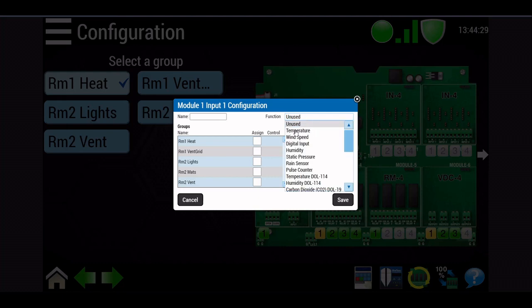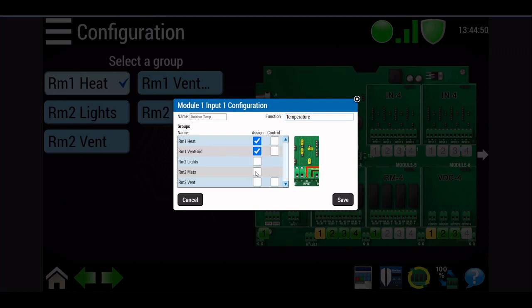So for now, let's say that it is a temperature probe. Let's call it outdoor temp, as we have a temperature probe that is outside of the building. And then we are going to assign it to the following groups. So temperature, outdoor temperature, we want to have that in our heating and vent grid for room 1, as well as in our heating mats and our